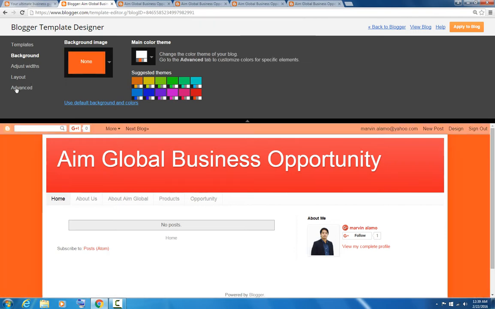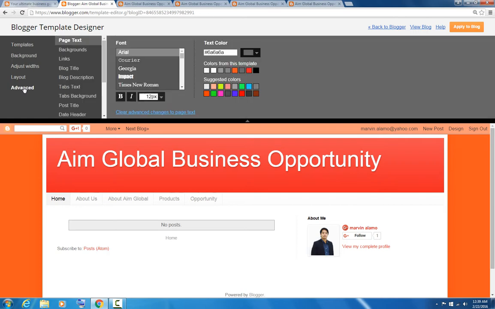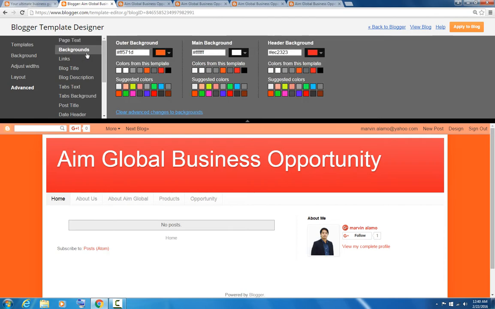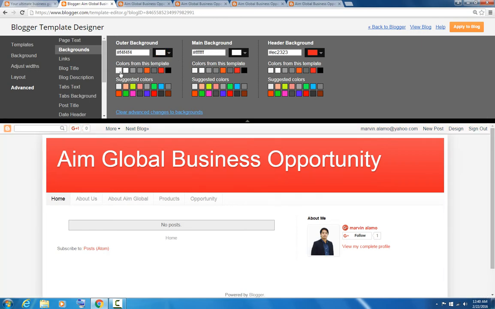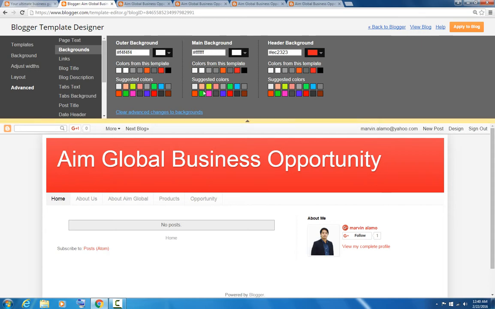So let's go back to Advanced here. Then here you'll see this page text, background, links, blog title. Now let's change the background here. Then outer background, let's change it to white. So as you can see, the background immediately changed.